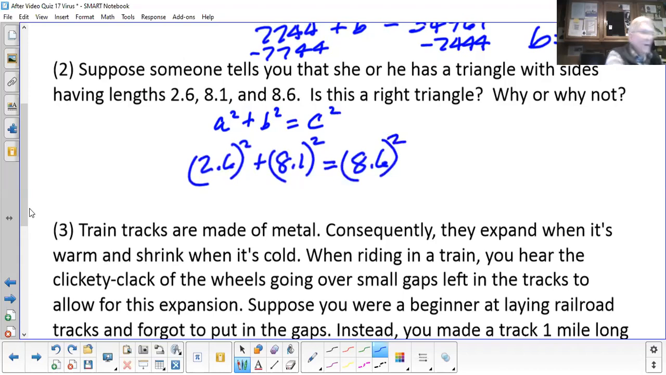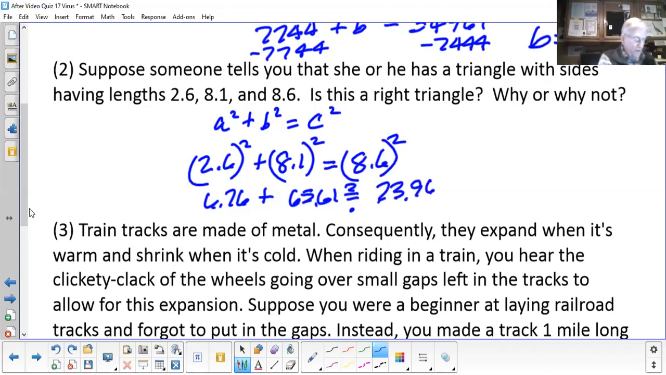8.6 squared? Why did I know to put 8.6 down for c? The reason I did is because 8.6 is the longest side in the triangle, so therefore it would have to be the hypotenuse. Okay, what I'm going to do is square these, but not show you on the calculator. If you square 2.6, you obtain 6.76. If you square 8.1, you get 65.61. Is this the same thing as 8.6 squared, which happens to be